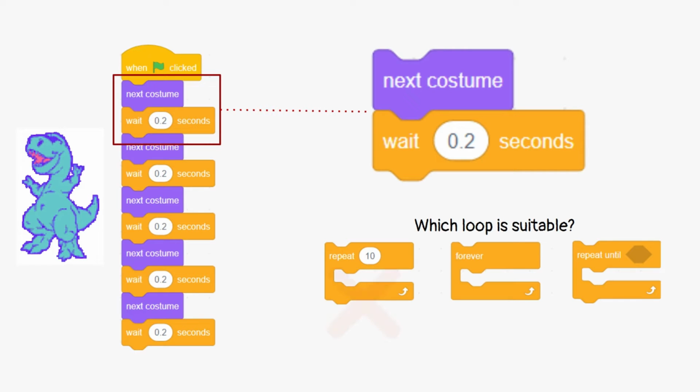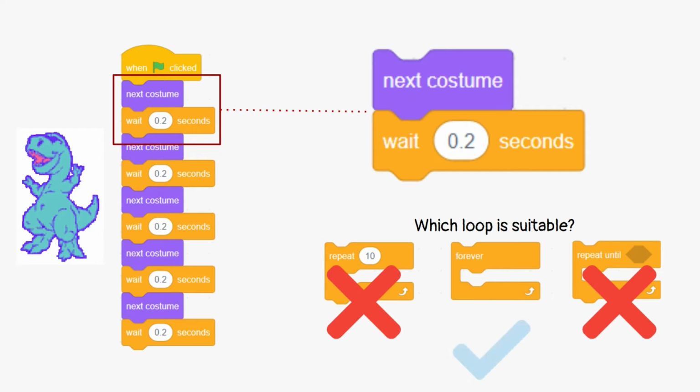The left block loop doesn't match, because the dinosaur will only move up to a certain number. The right block loop can be used, providing certain conditions that will never be met. We're not going to learn about this block just yet. Scratch has this middle block, which is perfect for this lesson. With this block, we can command the dinosaur to dance continuously, without ever stopping. So we will use the middle block.